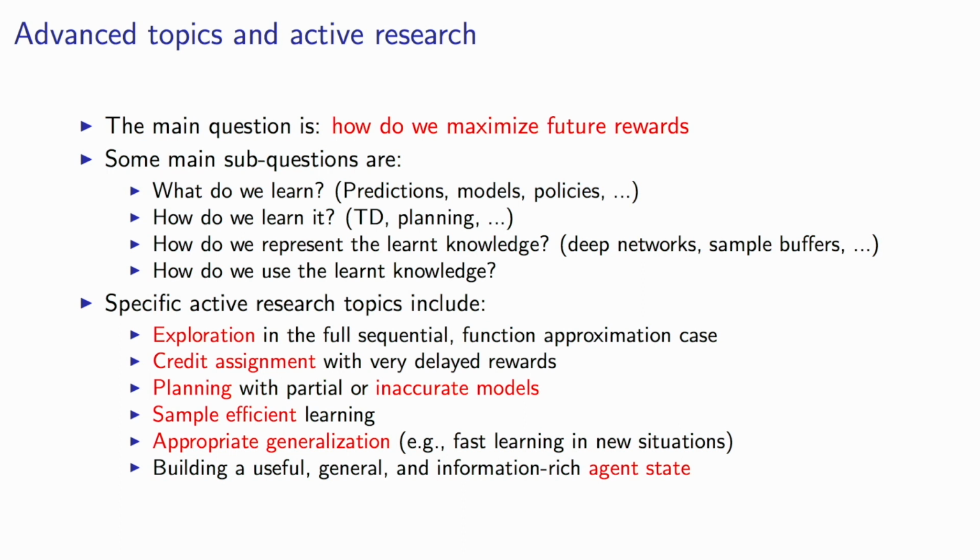There's also the question how we represent the learned knowledge. A lot of people these days use deep neural networks to represent these, but in some cases it's actually more appropriate to store things in a non-parametric way. Just store some samples. You could in addition store things in linear functions sometimes, which has the advantage that these things are typically quite robust and you can learn them very quickly, but of course they have limited capacity. So it really depends on what you're trying to learn and whether this function class that you pick is flexible enough to learn what you want to learn. And deep neural networks definitely have the benefit of being quite flexible, so they are able to represent many functions, which is why they're used so often.